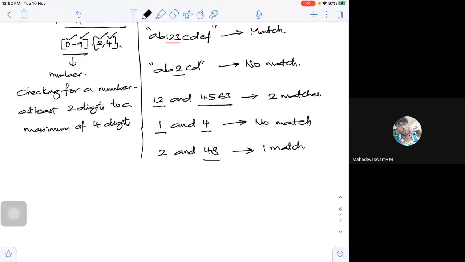Now, like this, you have n number of operators, different operators are there, grouping, backslash, a lot of things are there. So these are some of the simple examples where I can use regular expressions and search for